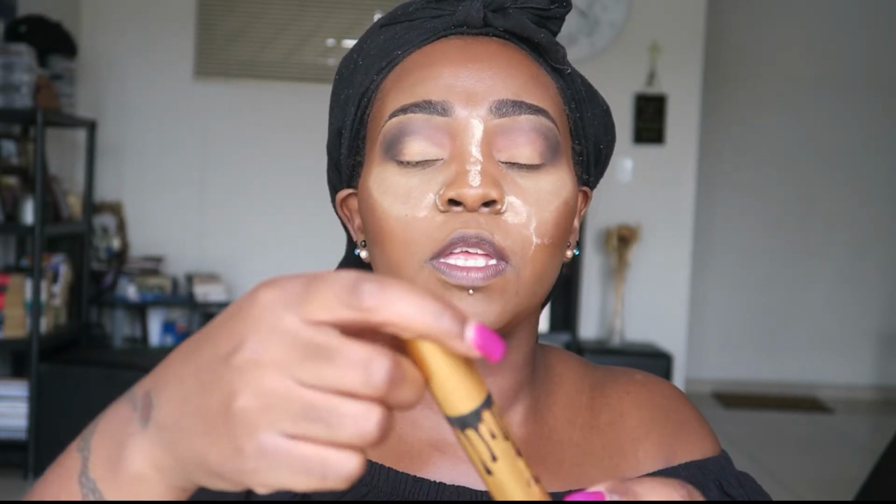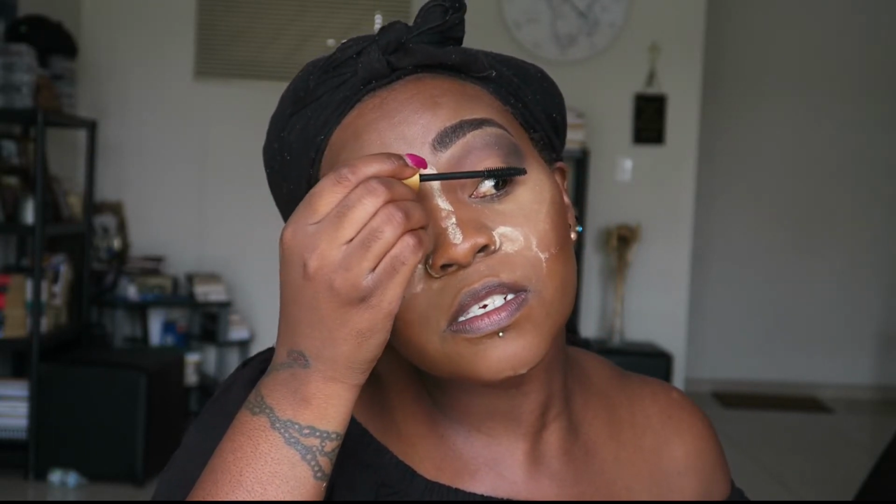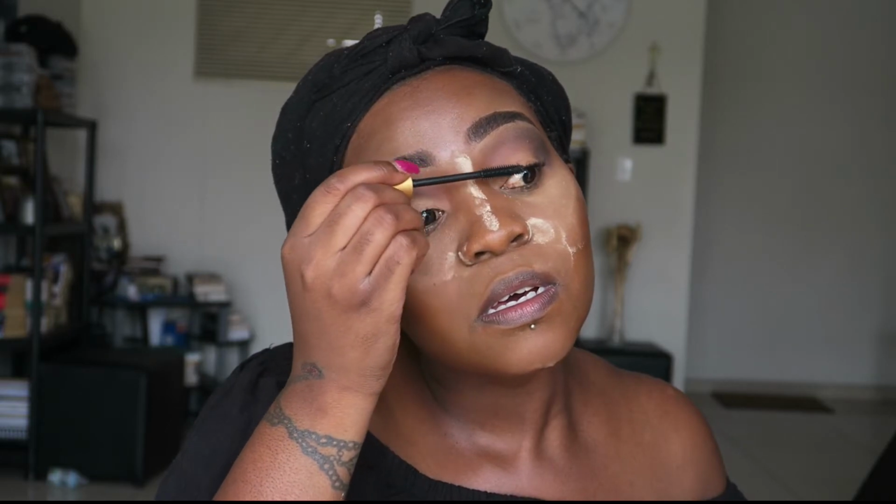I'm gonna put on my lashes. Now that I put glue on the lashes, I am gonna go in with my mascara just to darken my natural lashes. Also go without lashes. Lashes on